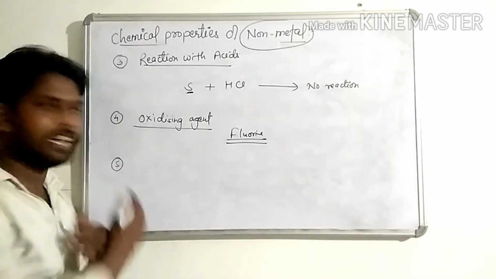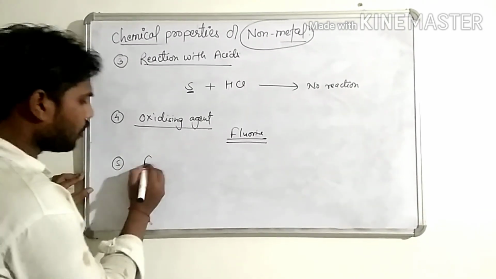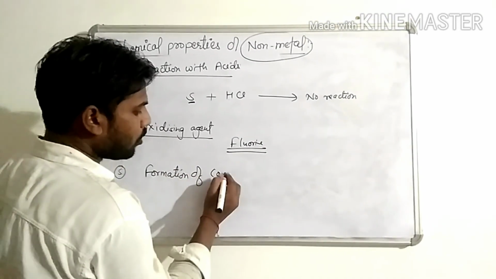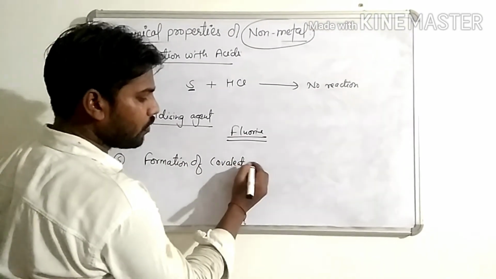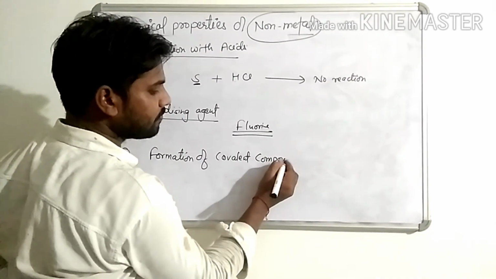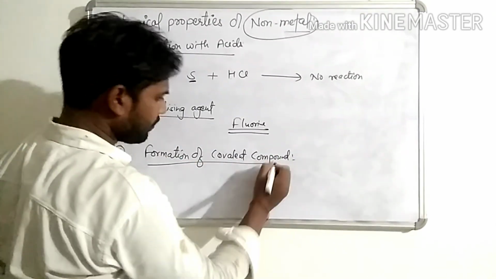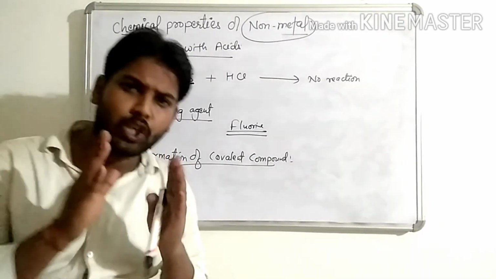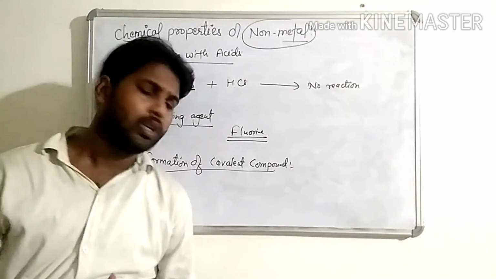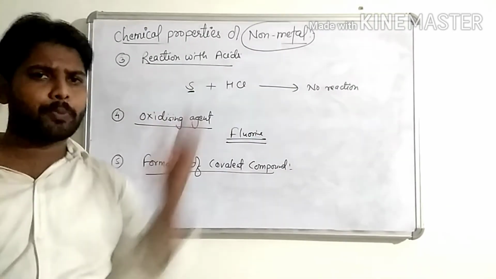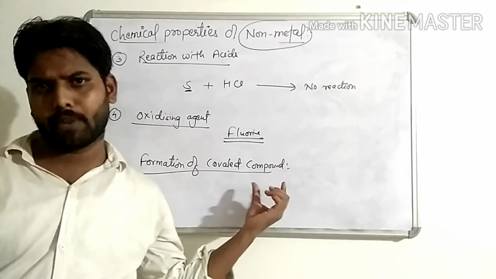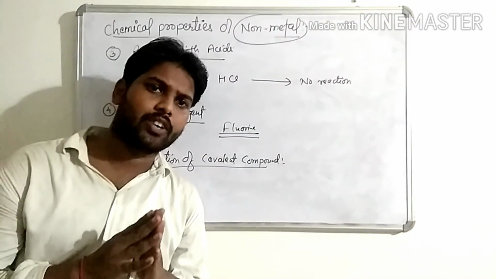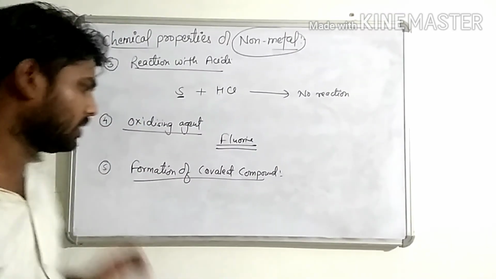Fifth property is the formation of covalent bonds, covalent molecules or covalent compounds. Children, covalent compounds are always found between two nonmetals. So nonmetals have the property to form covalent compounds because two nonmetals share their electrons and form the compound. For example,